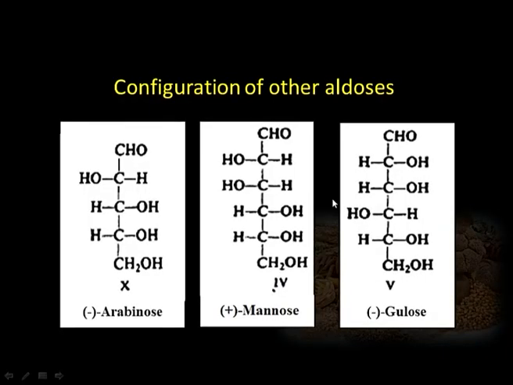Then based on this, the configurations for all other aldohexoses have also been determined by using similar observations and chemical reactions. From here we conclude that number 10 represents the configuration for minus arabinose, and since 3 and 4 represent the glucose mannose pair and the configuration for plus glucose is 3,